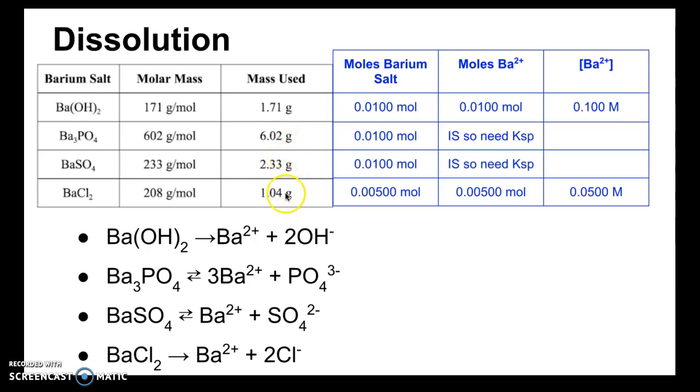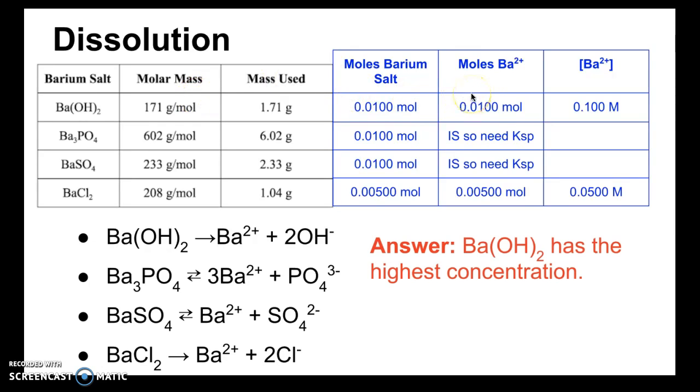But as you can see, the numbers here are made so that you don't need a calculator. You could do this sort of thing mentally. So I have my moles, and I just write down what I get by dividing the mass over the molar mass. And then to get the moles of barium, I look at the